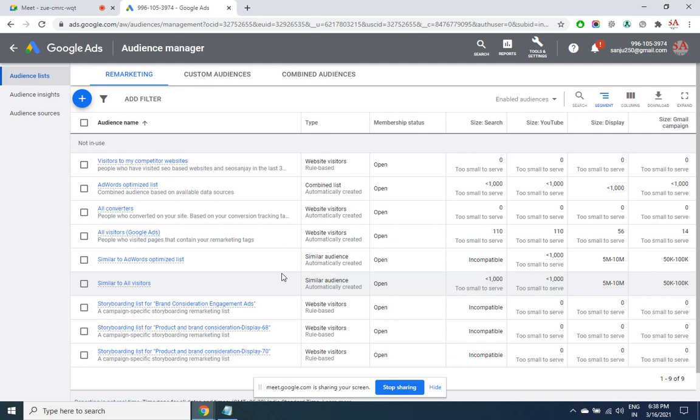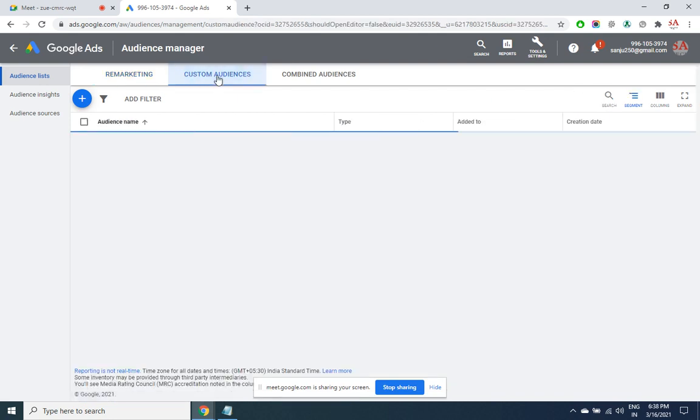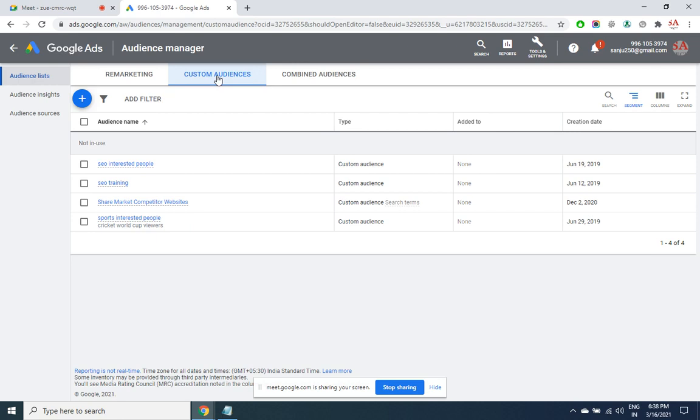So rather than targeting according to the topics, according to the keywords, according to the placements, according to demographics, you can even choose audience. Custom audience. So what we have seen is the remarketing, but in case you have got a generic audience. Now let's say my own institute SEOsanjay.com stock market training. I've created 3 campaigns, one for algo training, other for investment training, third for short term trading or say intraday trading. But for all these 3 campaigns, I have a common audience.